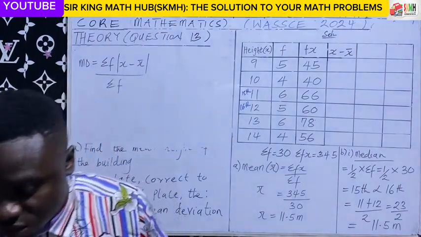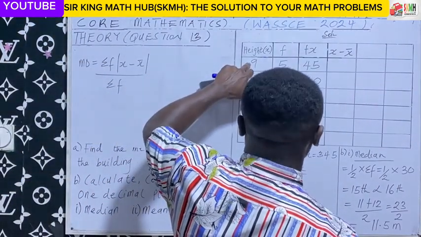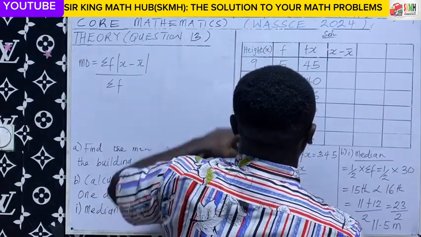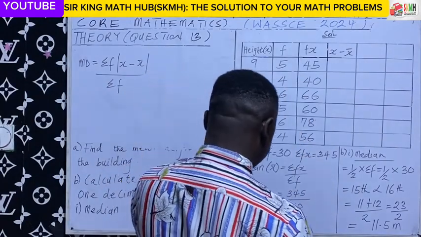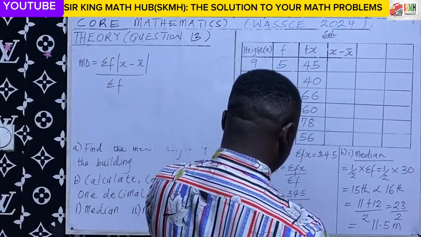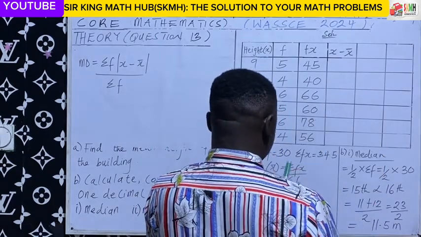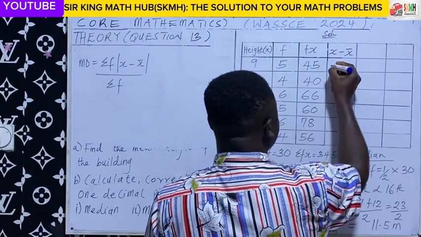So let's quickly do that with the help of our calculator. So this is our x, and we had our mean to be 11.5. So here we have 9 minus 11.5. This should give us negative